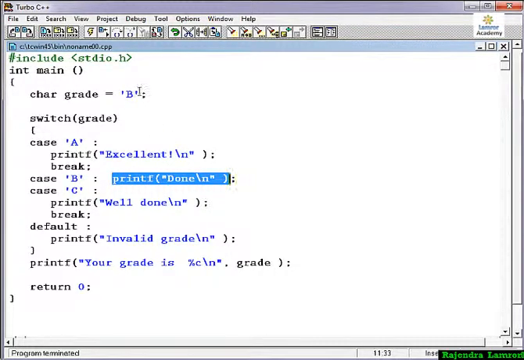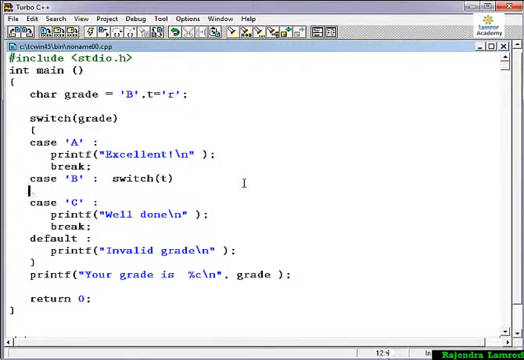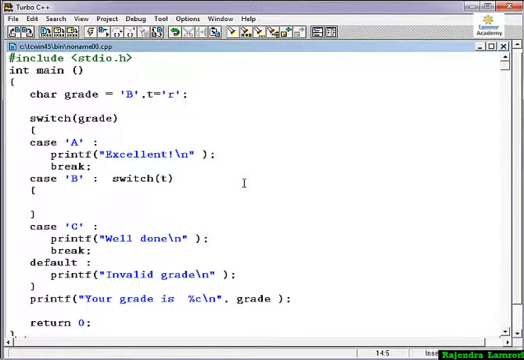Now I am showing how to use nested switch case with one example. Here I have taken a new variable t, and let's consider I have taken r. My name is Rajendra, so I put r. Here I am using a switch case, and I am putting another switch case inside it. I put t inside, then I put the variable here.